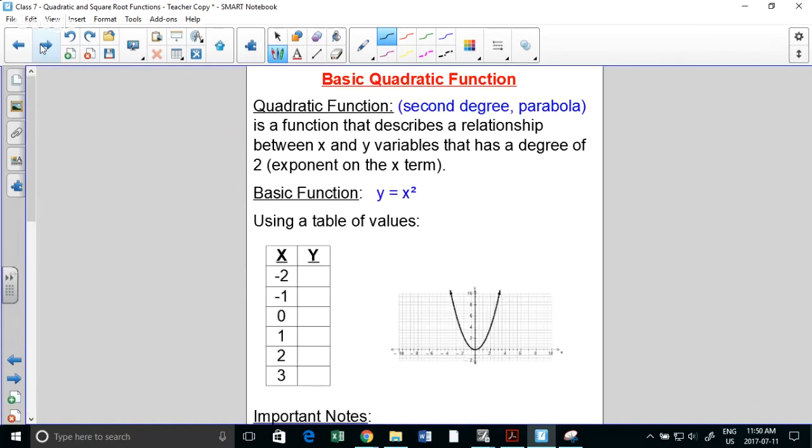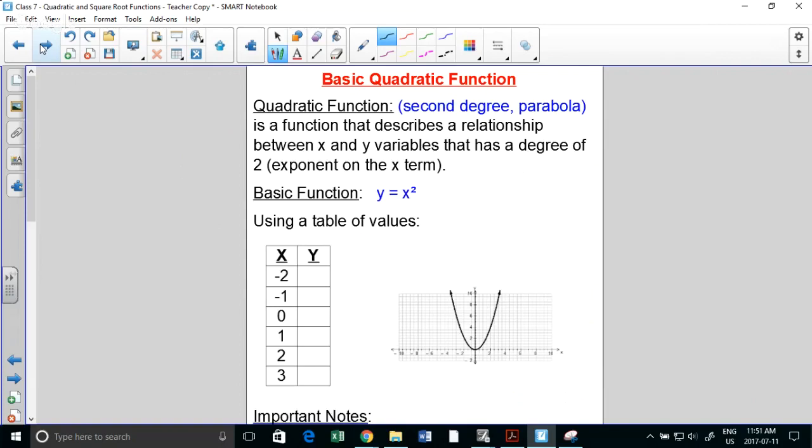This should absolutely be review for everybody, so we're really going to go through this quickly. So we have the quadratic function, y equals x squared. You did this in CST as one of the functions that you covered, along with the periodic, the piecewise, all of that stuff is included here. So make sure you're paying attention to that.